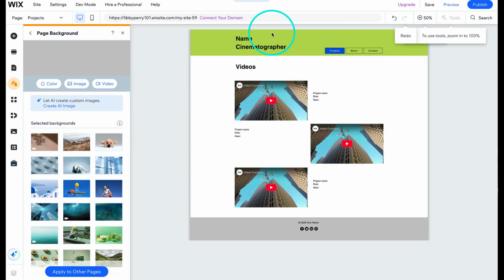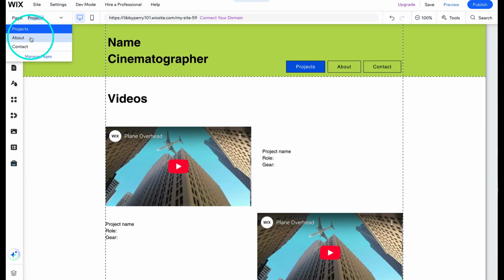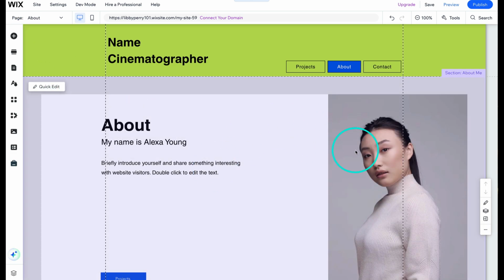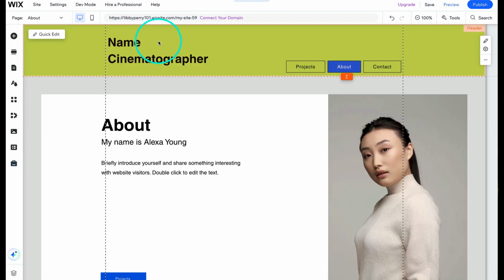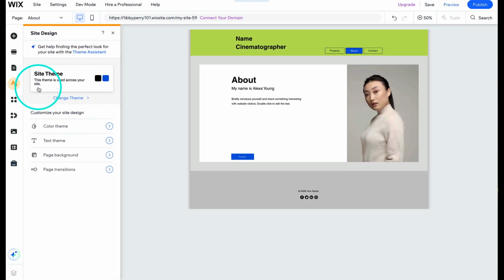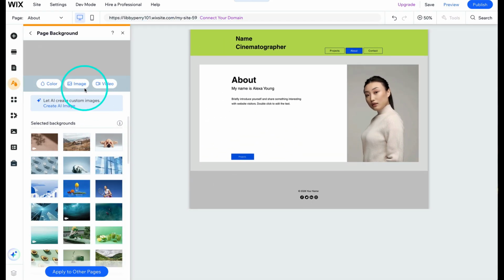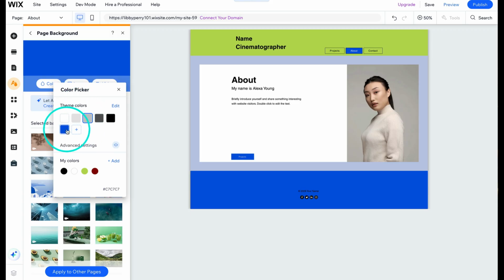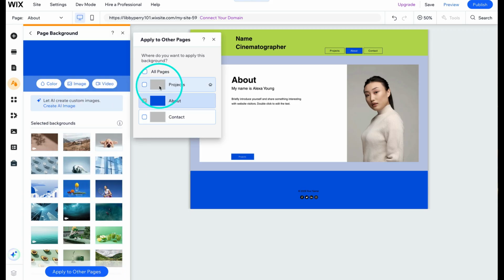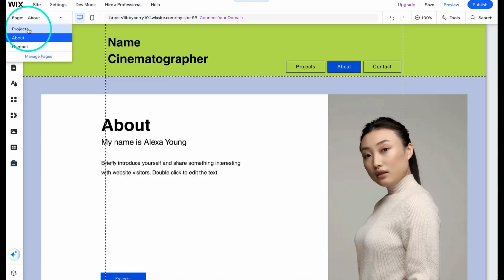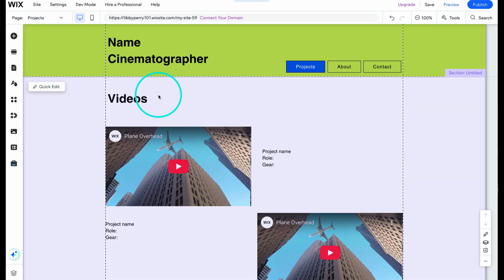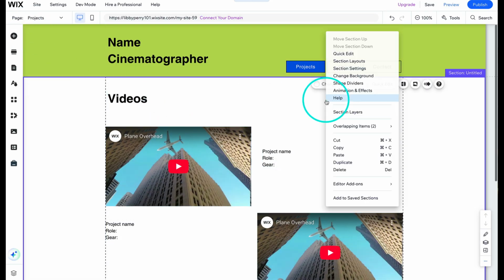If I were to take a look at my About page, it's completely there because this is content that was added on top of what is their standard background that we've set up here, the color. Could change it to another color just so you can see and apply it to other pages. I can select all pages and then that's going to be on all pages. So let's take a look now at the projects because see, we added this. So we can go here